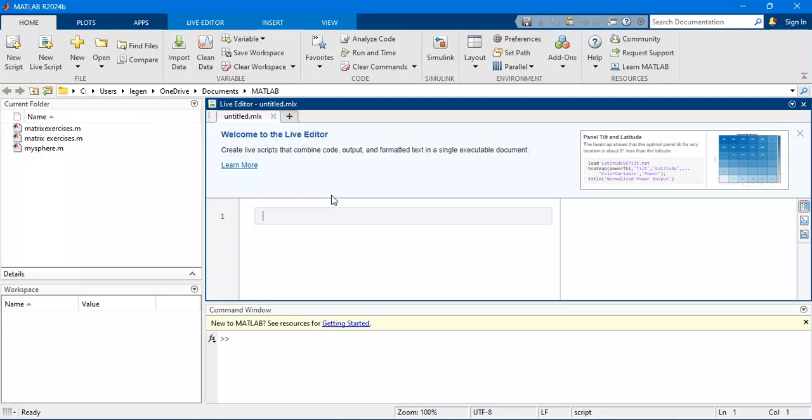So you click live script, new live script here. You need to open the editor. This is the editor. Then here you can rename it. You can change the name, you can do everything. So now in this window,